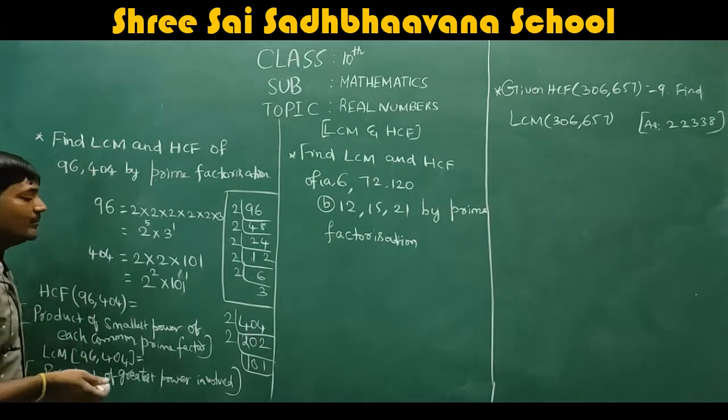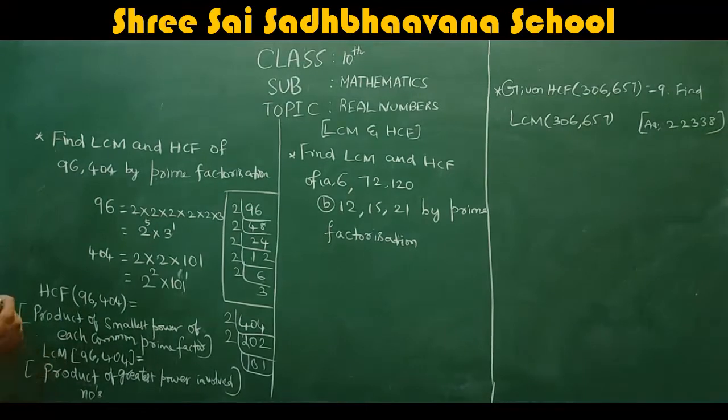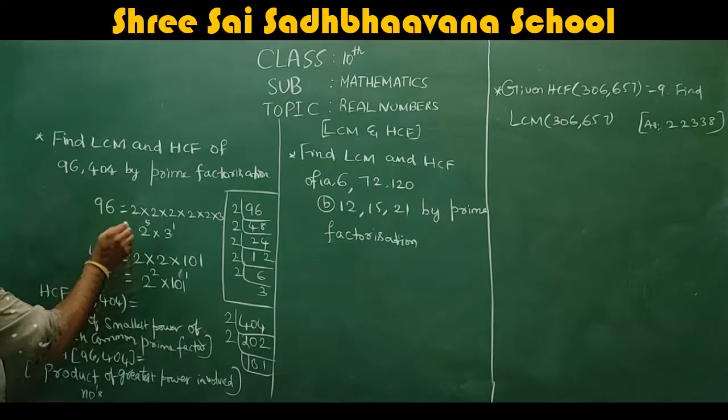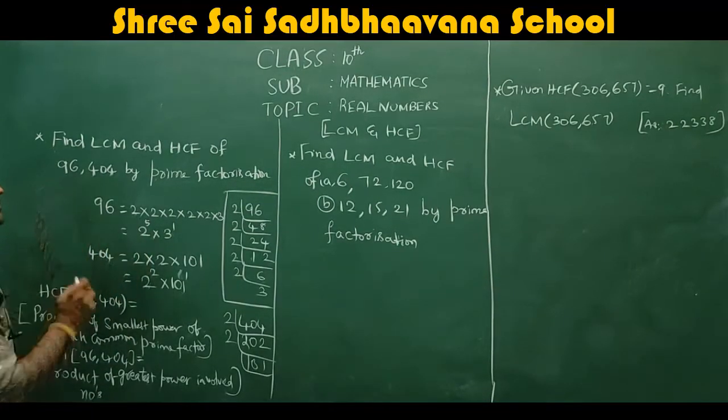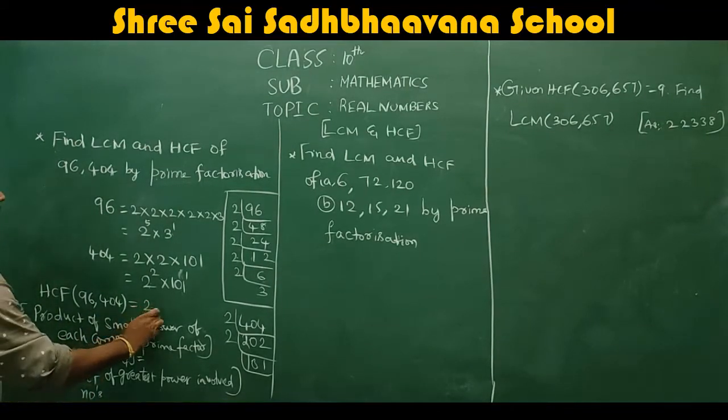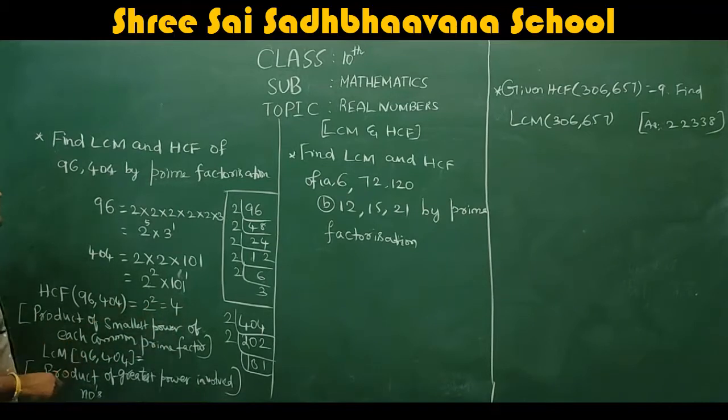So in these three numbers, which is common in both the expansions? Which is 2 only, right? In these two expansions, 2 is there, so that is common, obviously. Which power? Is 5 the highest power or 2 the highest power? 2 is the highest power, so that smallest power is your HCF.